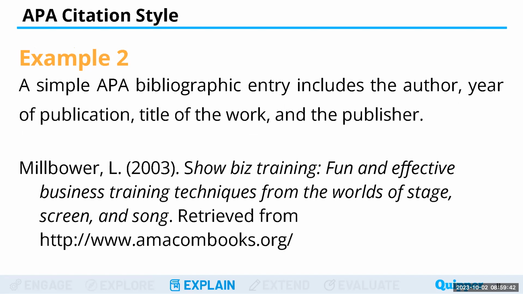Let's have another example. A simple APA bibliographic entry includes the author, the year of publication, the title of the work, and the publisher. But it looks like this. Milbauer, L, that's the author. The year of publication, 2003. The title of the work, Showbiz Training, Fun and Effective Business Training Techniques from the Worlds of Stage, Screen, and Song. And then the publisher, retrieved from